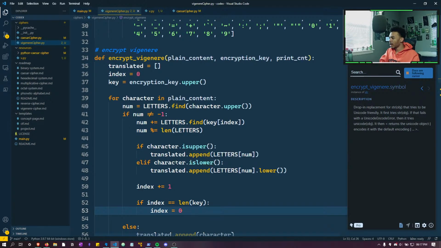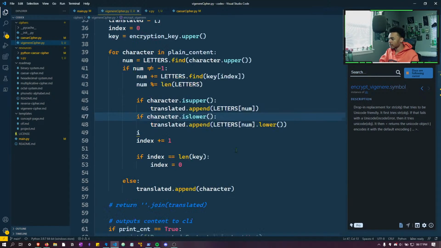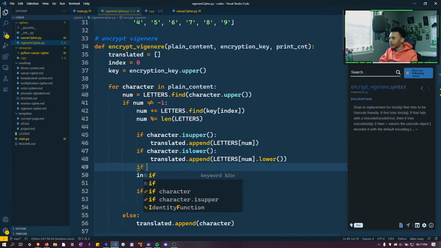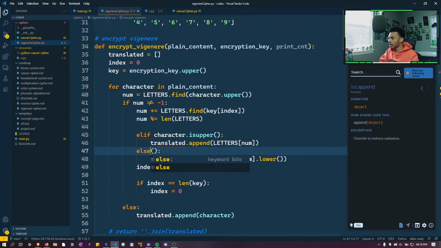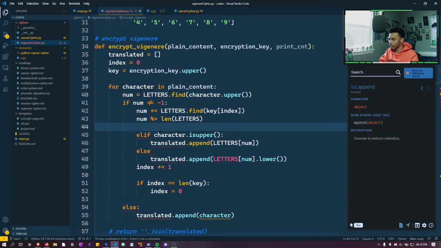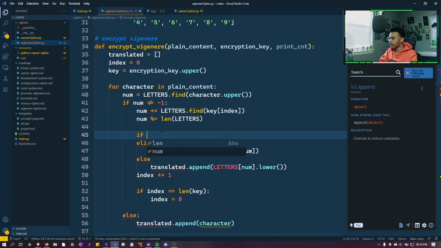All right, so we're also going to have to check. I don't think they need the elif here, do they? If they do, I'll just bring it back because there's no else statement under. Actually, what we can do is the if, this can be the elif, and then this will be the else, because if it's not any of this other stuff,